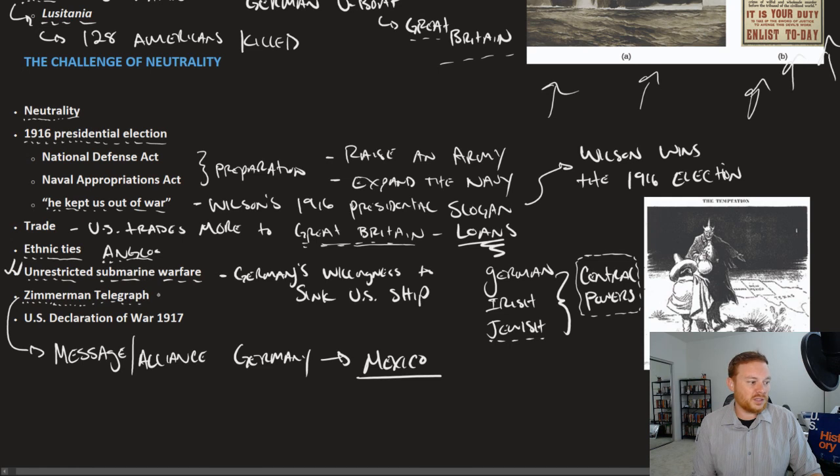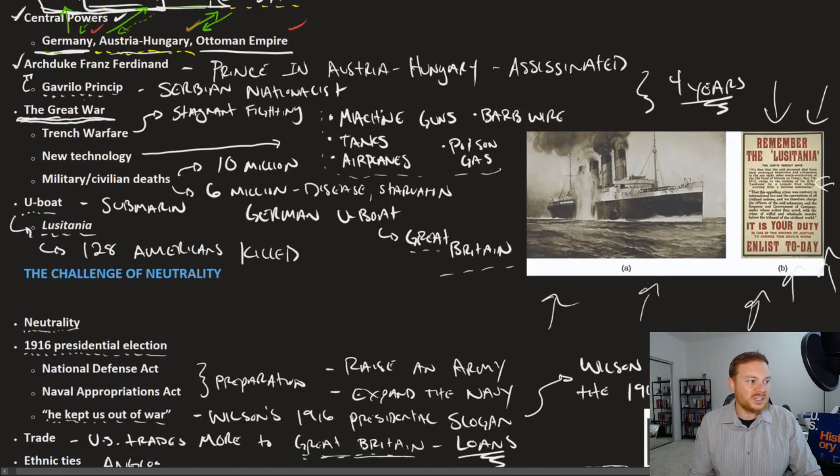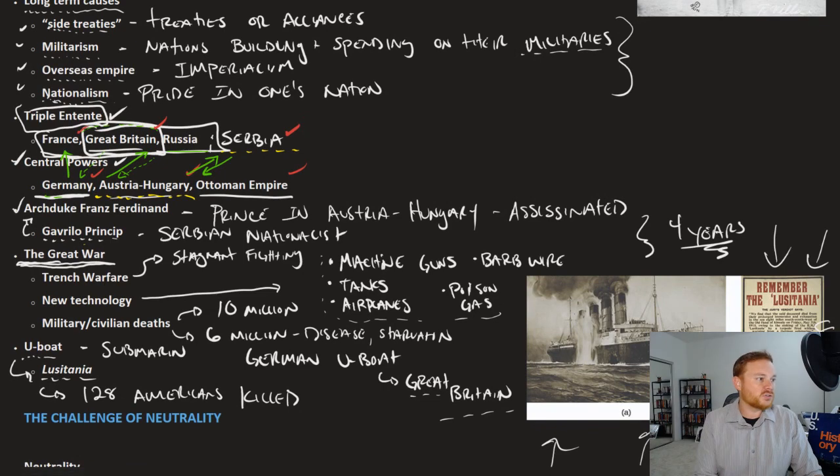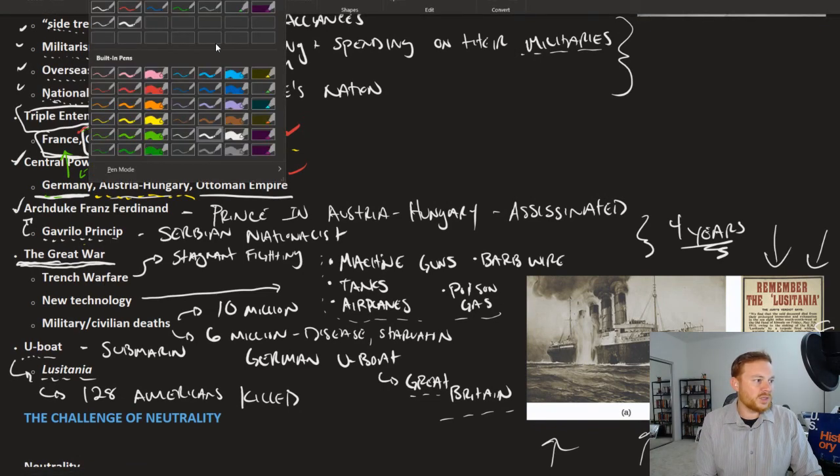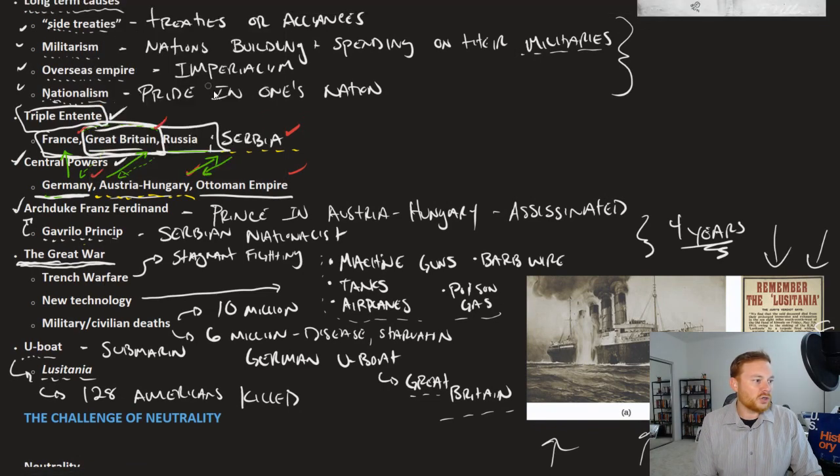And finally, with that, that's kind of like the cherry on top. President Woodrow Wilson goes to the U.S. Congress, asks for a declaration of war. Congress votes yes, although there are some reservations. There are some in the U.S. Congress that do not want to see the United States enter into this conflict. But in 1917, among the Triple Entente, and there's actually a couple of things that occurred here, Russia actually bows out of the conflict. They go through what's called the Russian Revolution.